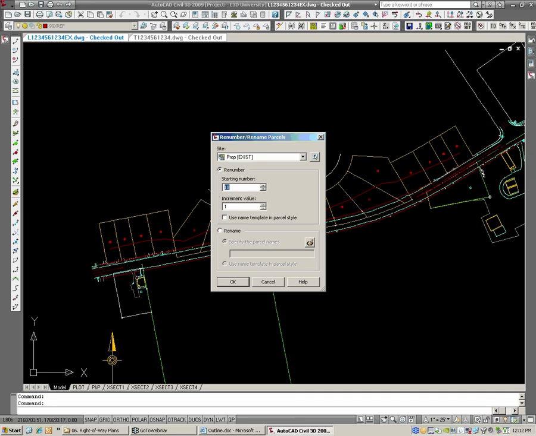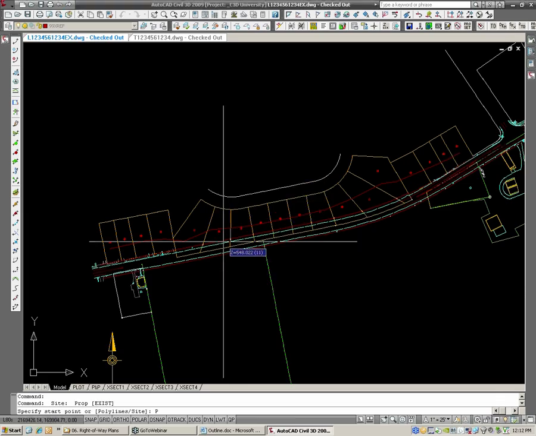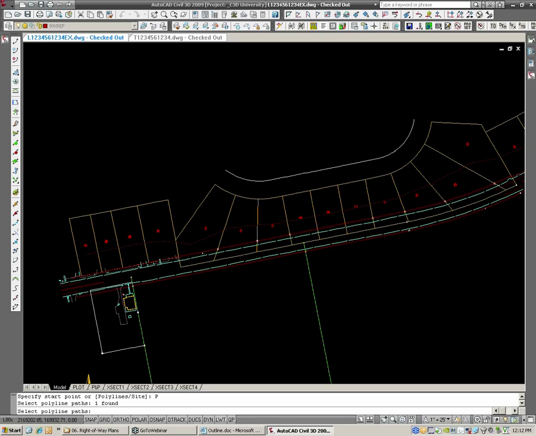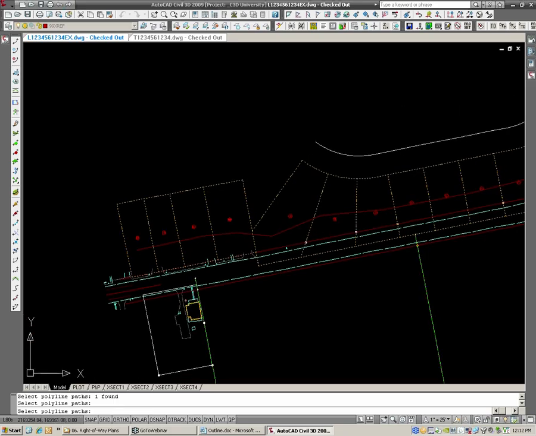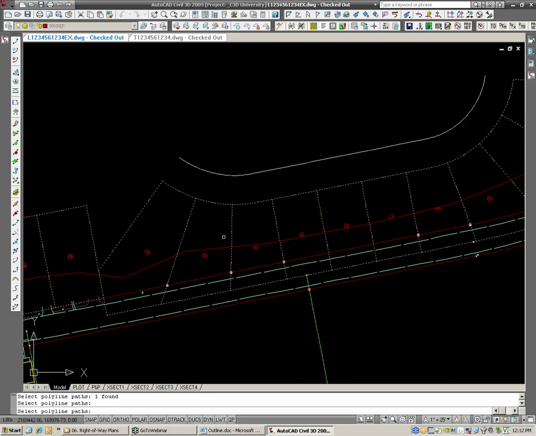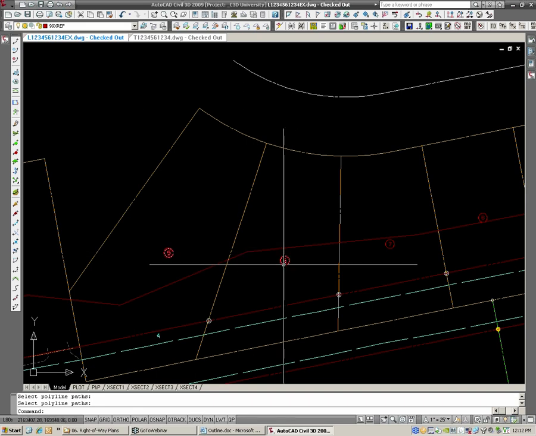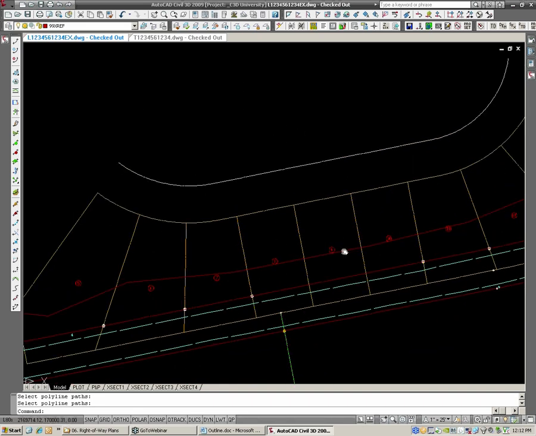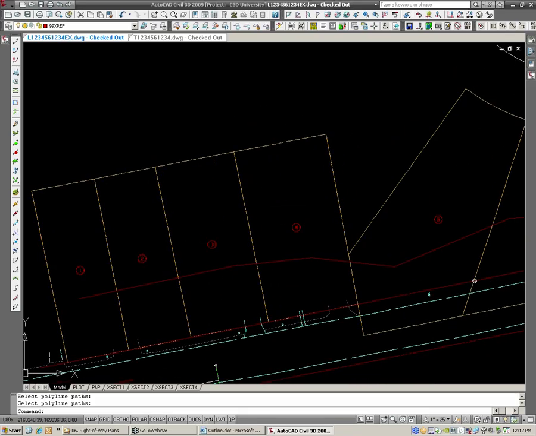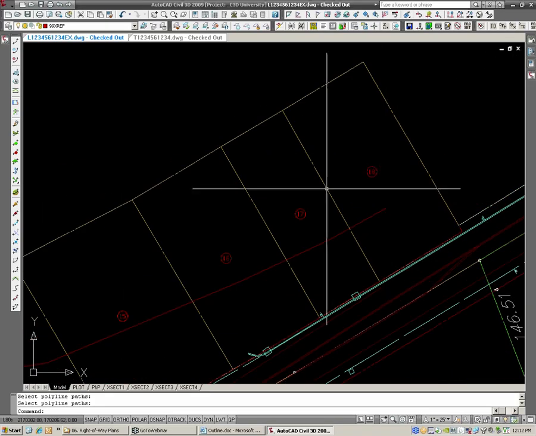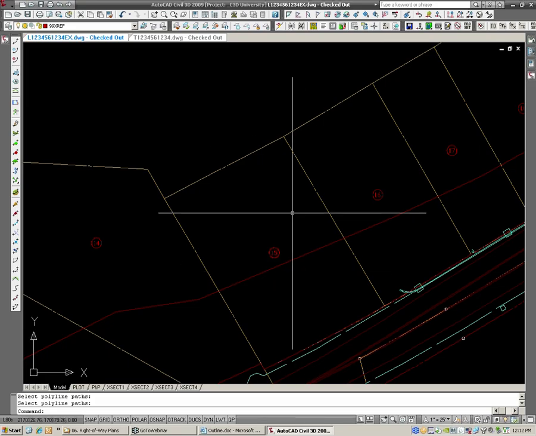I want to start with parcel number 1, and I want to increment by 1 value. So I'm going to hit OK here, hit P for polyline, collect that polyline that I created there, hit enter, and you can see it selects all the parcels that are affected. Hit enter again, and you can see the little tag numbers on here automatically renumbered up through 1, up through what's the highest number we have here, 18, and you can even see parcel number 14 renumbered itself